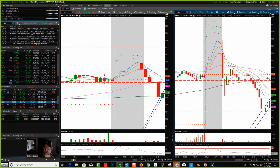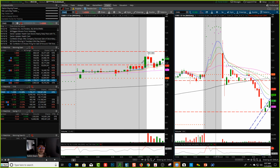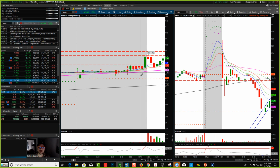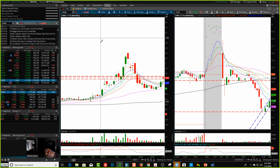CRMD is moving up. Let's take a look at that one. So this one's possibly building right here. Got to get above that 146 and then also 150. So see if you can get above 146 in that 150-ish area. And you'll see it's going to contend with,